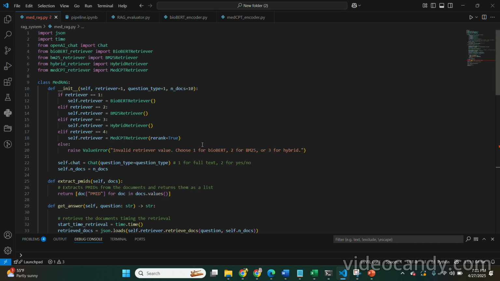First, we need to import the necessary libraries like JSON, which handles the conversion between Python objects and the JSON data, which is very essential for data processing and transferring information between components. And coming to the time module, which is used for measuring the time taken for both document retrieval and answer generation, providing performance metrics. And OpenAI chat is a custom module that interacts with GPT 3.5 to generate the answers